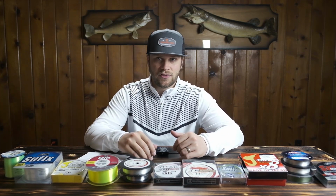So there are a lot of situations where you could use braid as your main line so that you get all of that sensitivity on a taut line of braid, plus fluorocarbon as a leader. That fluorocarbon is as close as you are going to get to invisible to those fish. So you get the advantages of the sensitivity on the braided line when that line is taut, but you also get the advantages of the invisibility factor in terms of that presentation that you're giving to that fish. So fluorocarbon can really shine in a braid mainline to fluorocarbon leader,